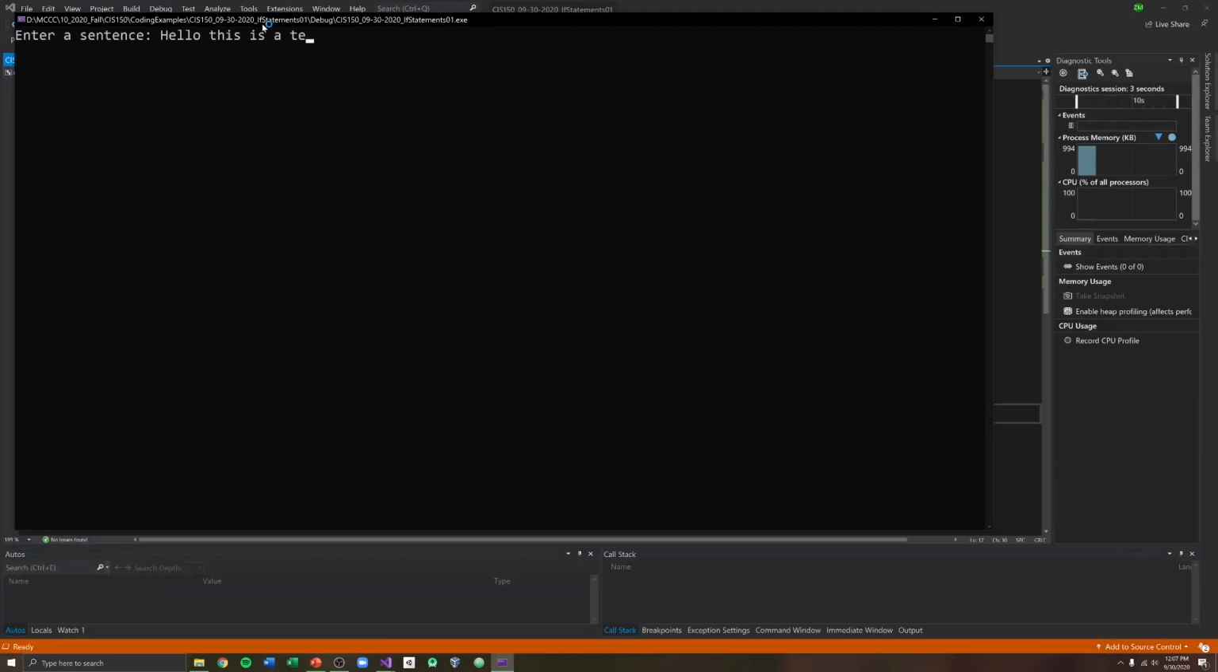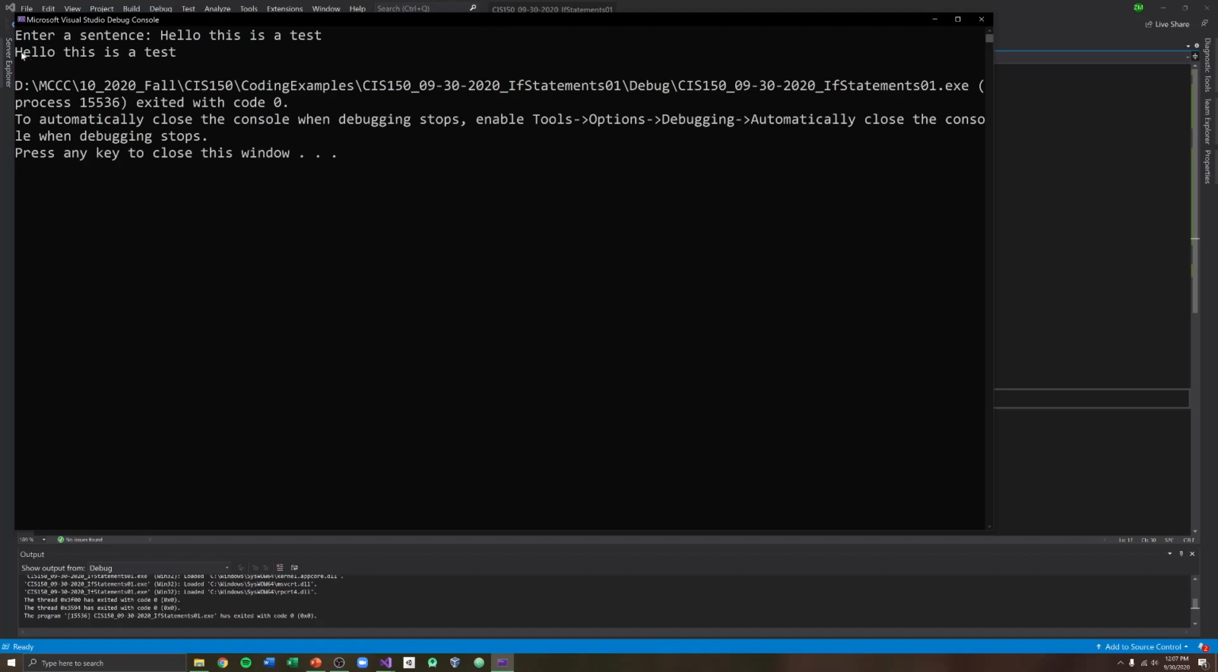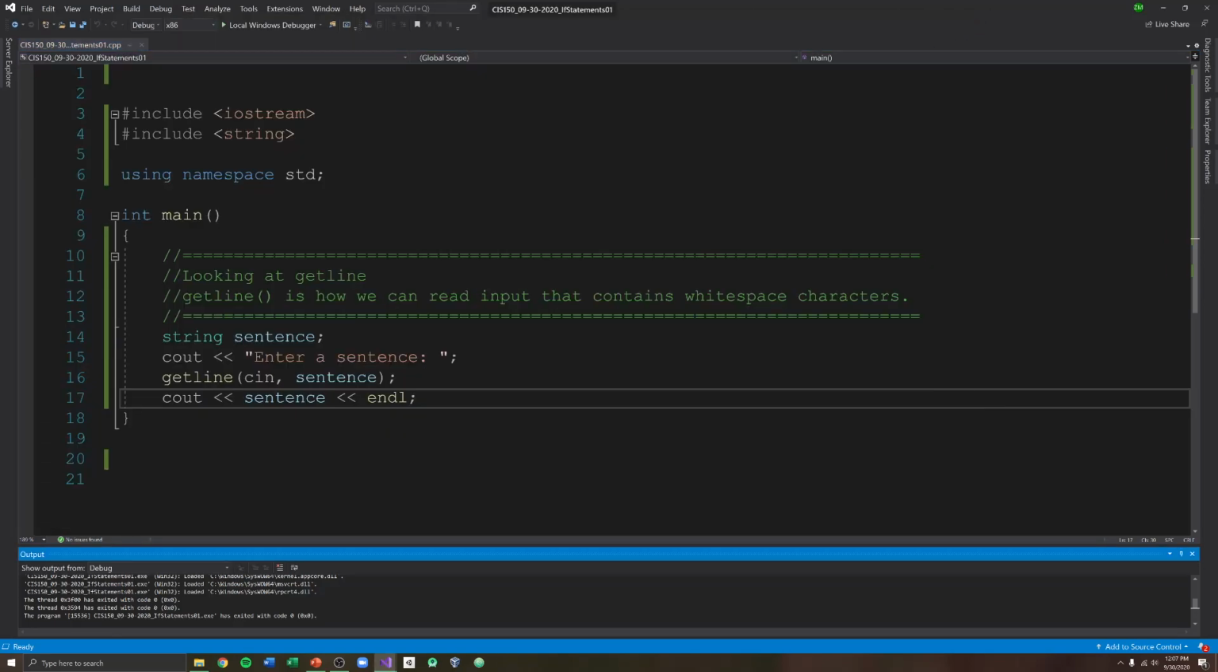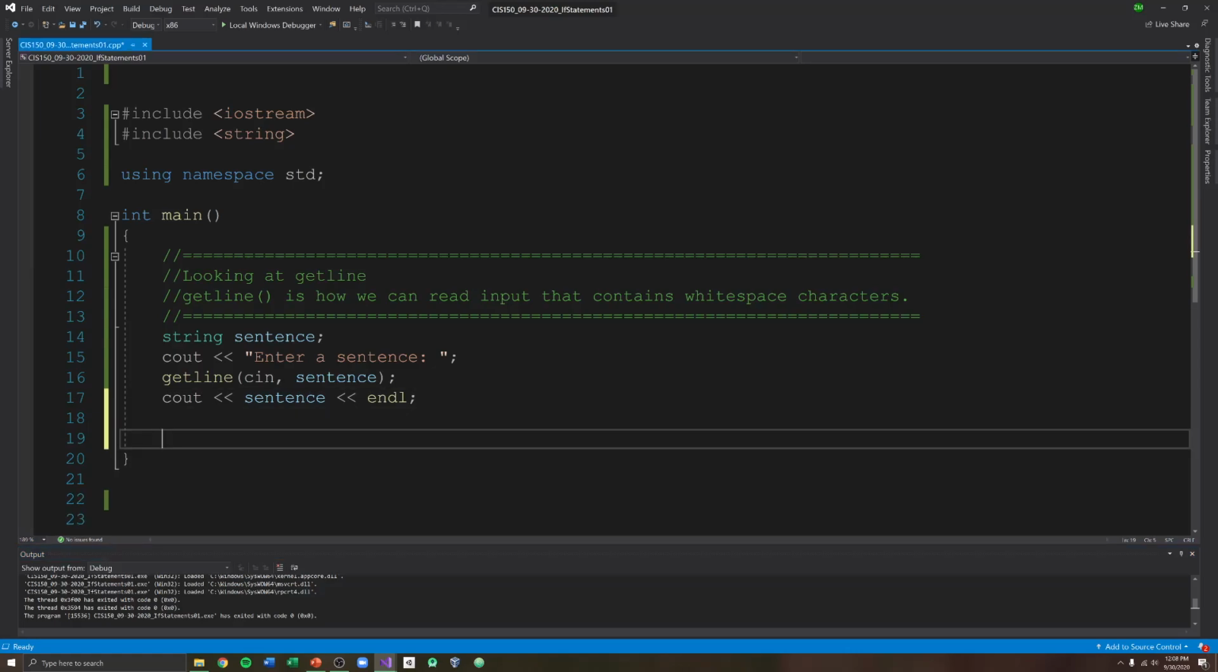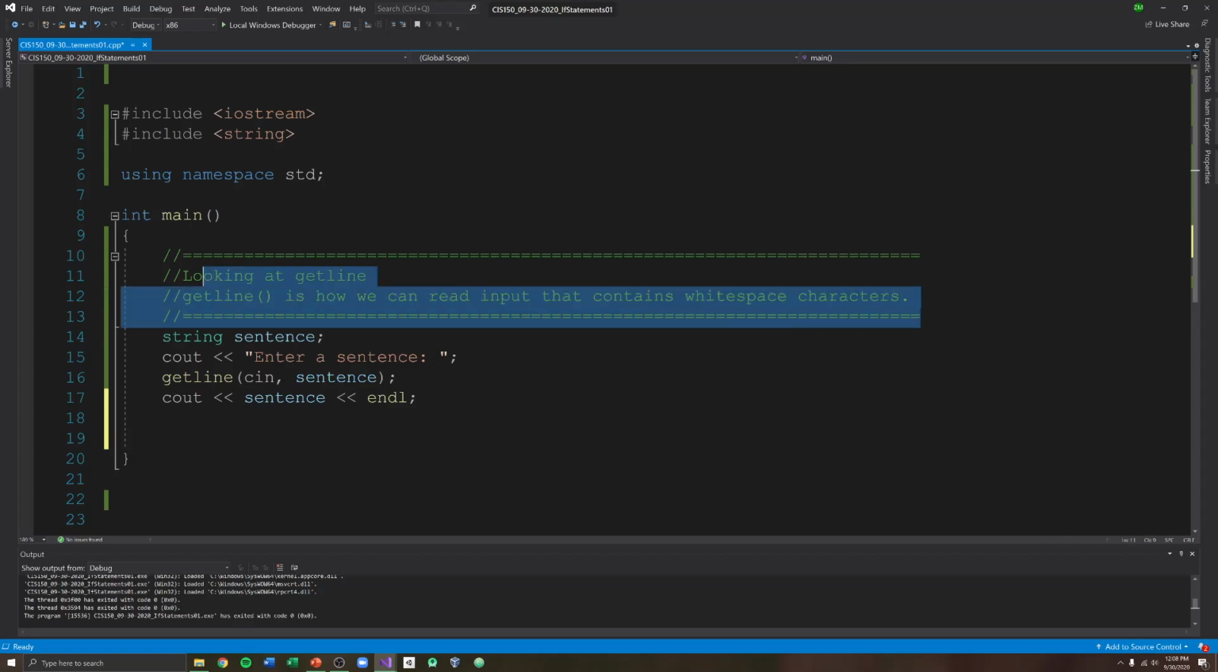Hello, this is a test, and we do get "Hello, this is a test." That shows us that what we keyed in, we were able to save inside of a variable called sentence. That's good. Okay. The next thing that I want to look at in regards to input is